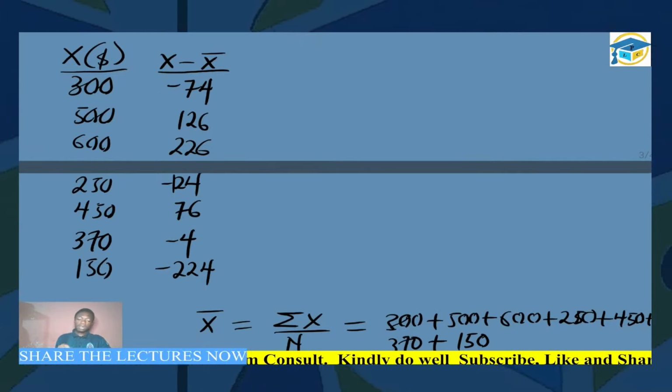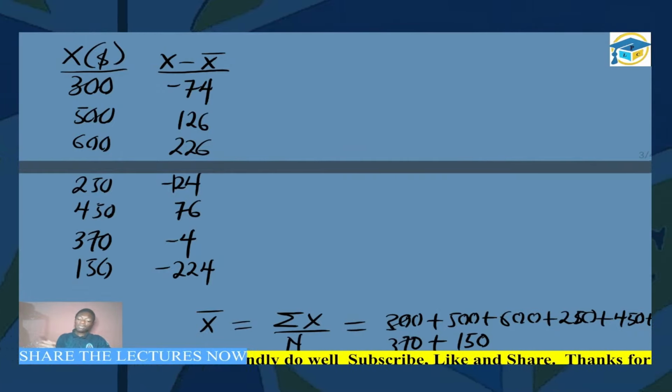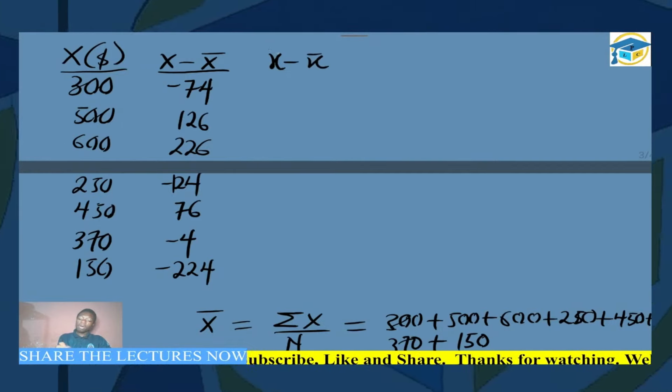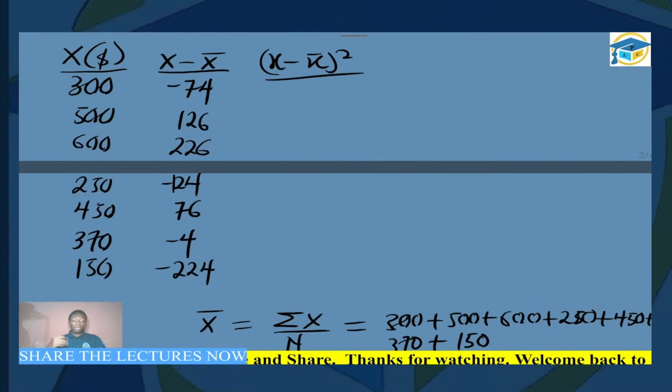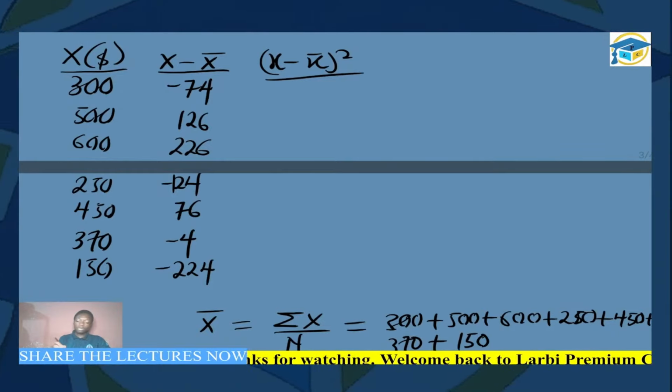So once you're able to get the column for x minus x bar, being the deviation, the next thing we want to find is a column for x minus x bar, all squared. So we're going to square the various deviations. The square of negative 74 should fetch us